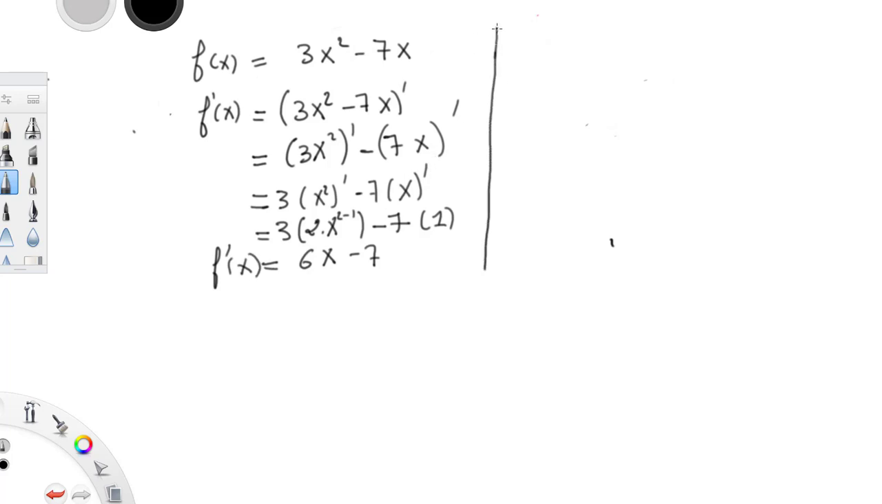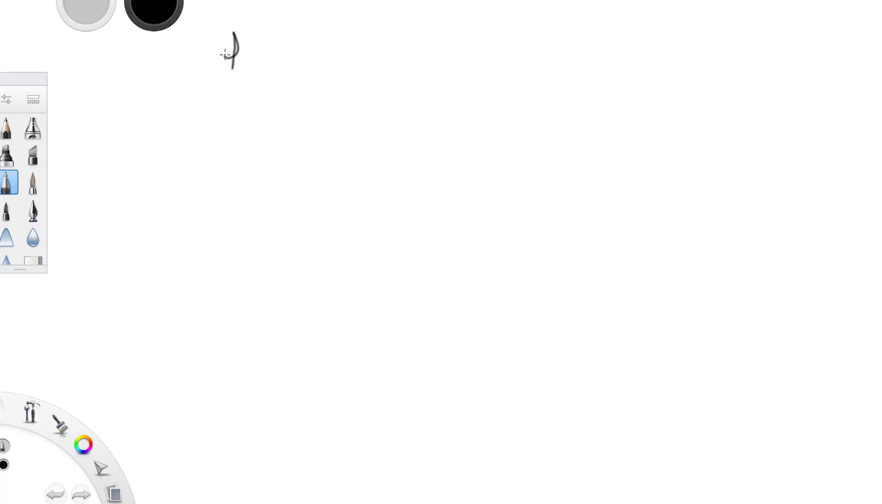Let's do another example. Now let's make another example. F of x equal 3x plus 7 over 4x. Now let's find the derivative. Would be f prime of x gonna be, here we can apply the quotient rule, right? The quotient rule,